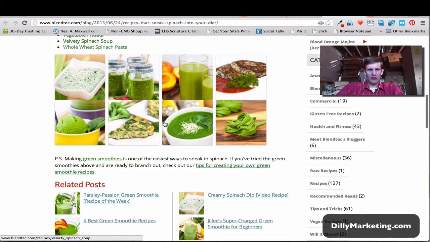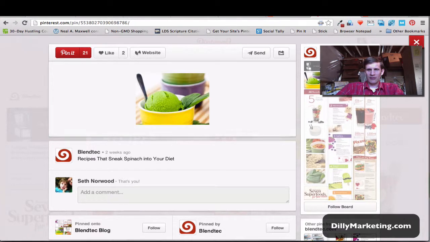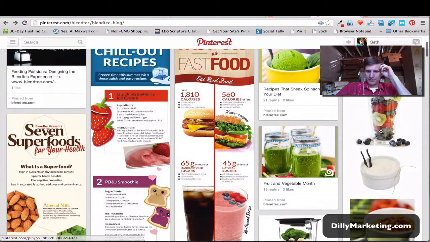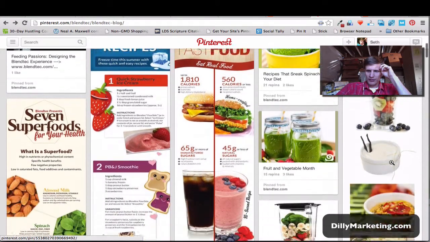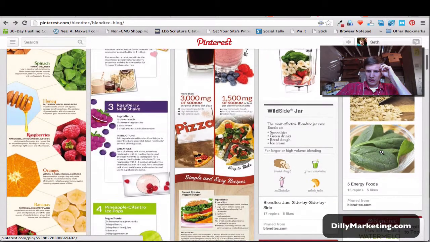And so here they link to all their recipes, and that's good. So they're driving traffic back to their site, which in most cases is probably the goal that most people have. So let's look at this one. 5 energy foods, and they show you these pictures. So this one,